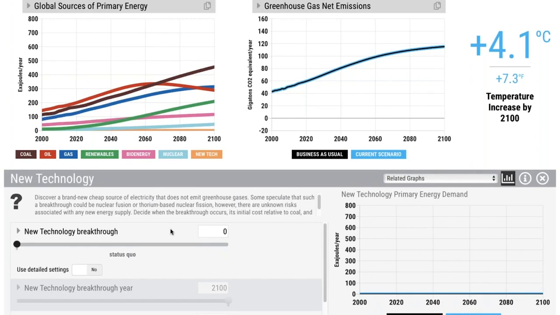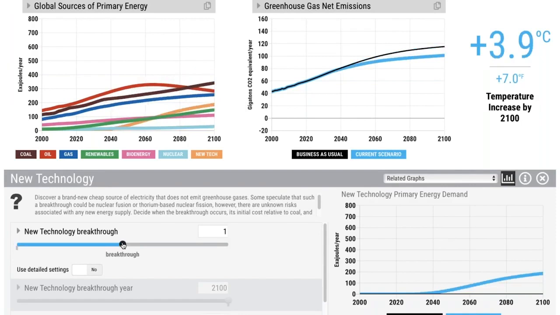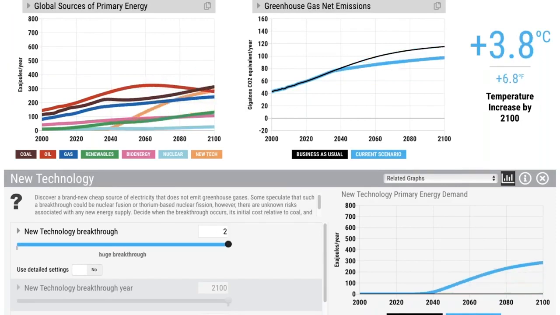Others, 4.1 to 3.6. 4, says Roger. You guys maybe have tried it yourself. 3.7, said Donna. I think some of you wisely tried it yourself. So let's try it. And you guys were right. If it's a small breakthrough or a huge breakthrough, 3.9, 3.8.